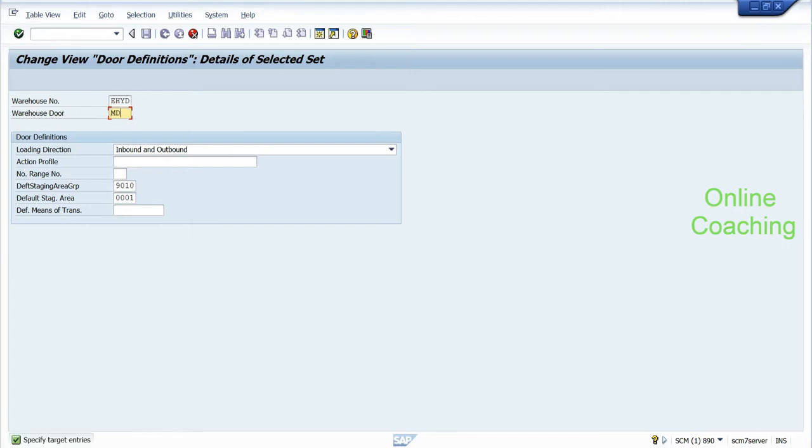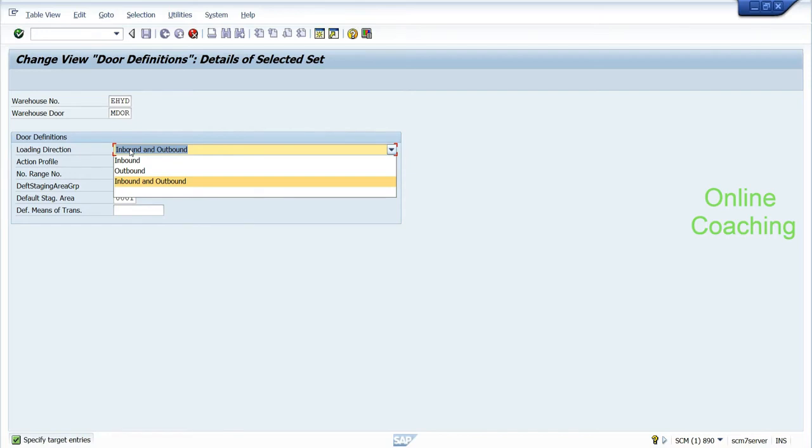Suppose I'm defining my door as M door. I was telling you that whenever you define a door for your warehouse,